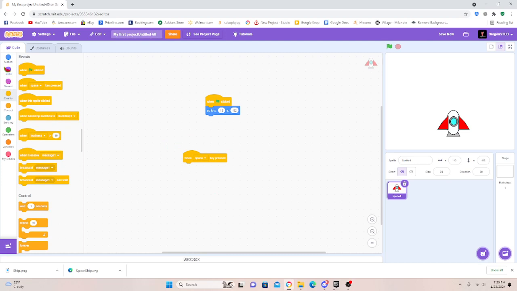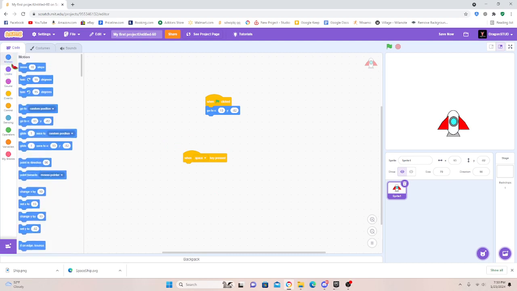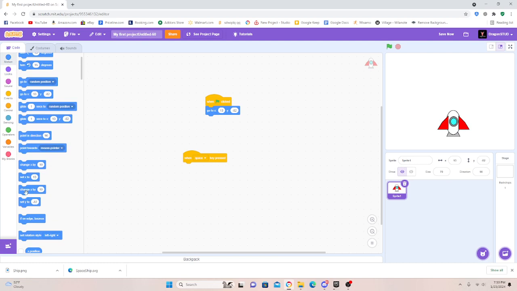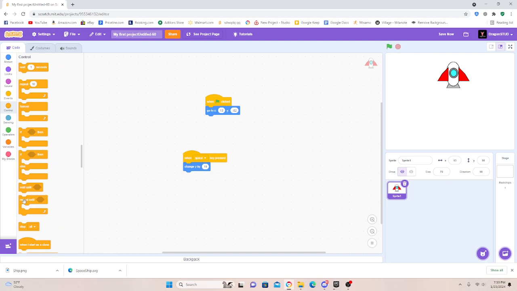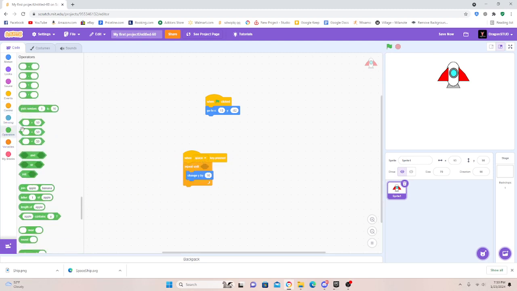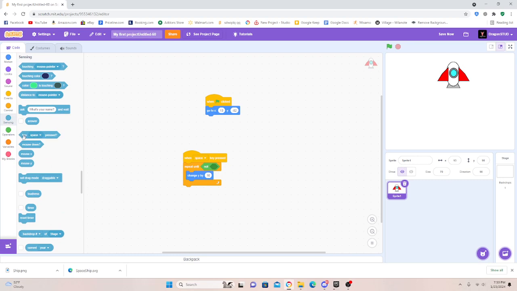And so when this space key is pressed, what we can do is we can change the Y by, let's say, 10, and that's just going to make it go up on the Y, as so. Only problem is it doesn't look very smooth, does it? So what you want to do is get a control block, repeat until, and then go to operators, this green thing right here. And then what you want to do is first, go to operators and get a not,